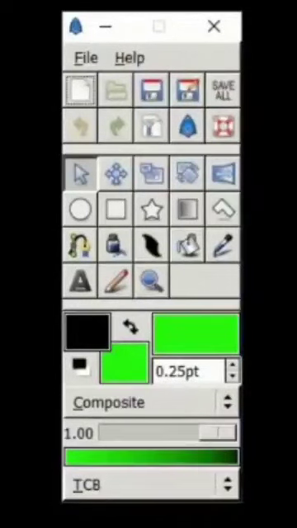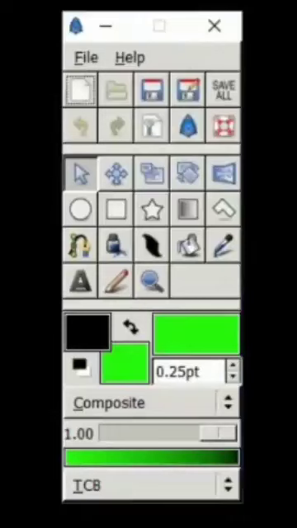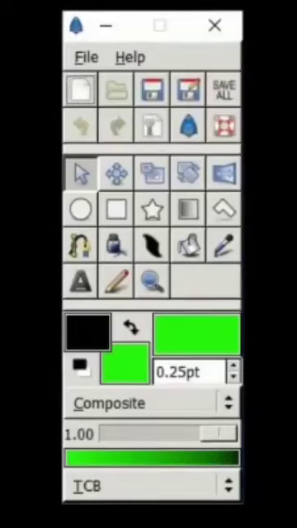This is the toolbox. Toolbox is the main window. That means when we close the toolbox, we will exit from the application. And this toolbox contains system menu and tools to create and edit our work. And the toolbox window is separated into 3 areas or 3 palettes.